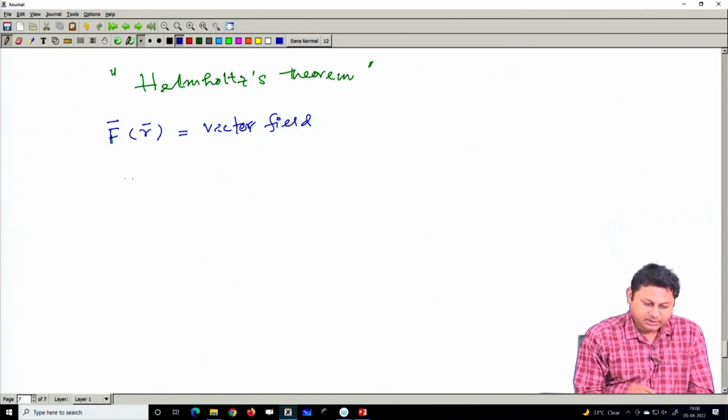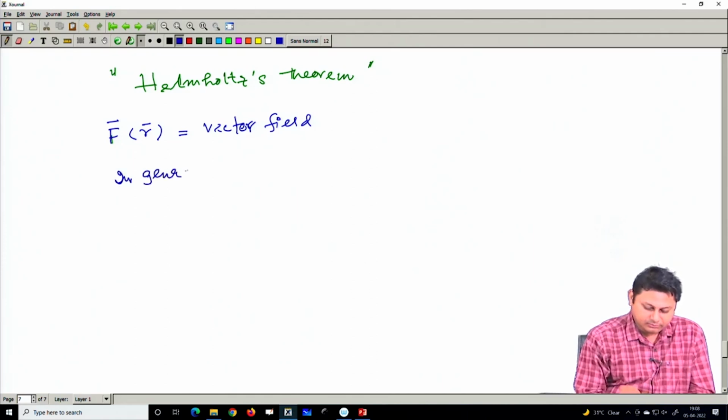Now, in general, this vector field f(r) can be represented